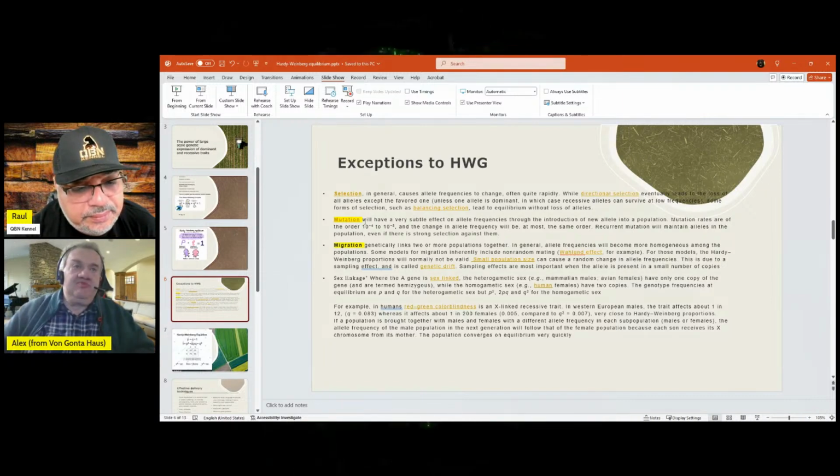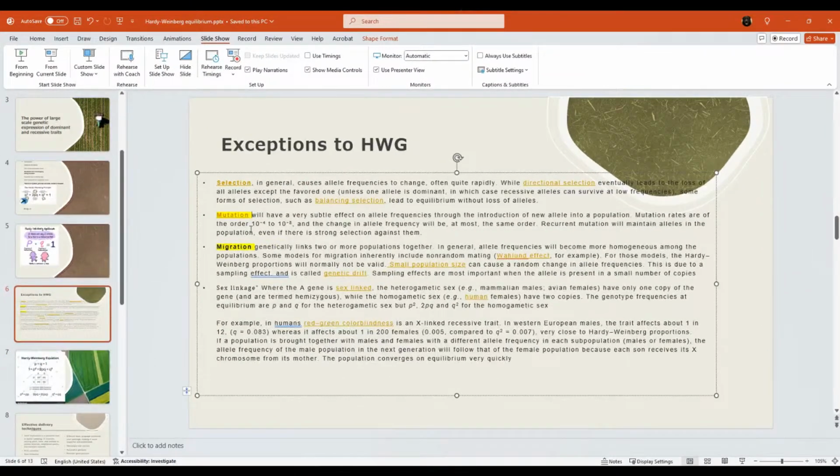The next assumption is mutation. Mutation is 10 to the power of -4, 10 to the -8. For those who don't remember, 10 to a negative power is 1 over 10 to the 4th. So 10 to the -4th is 1 over 10 to the 4th. 10 to the 9th is a billion. 10 to the 8th is 100 million. So mutation is a hundred millionth of the genes of a population, but it's still a number that exists. So you can't assume no mutation. It does take place. Even though it's small, 10 to the -8th, mutation does take place.